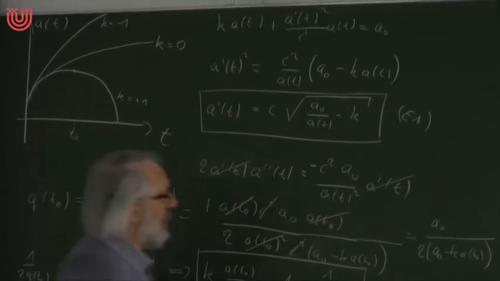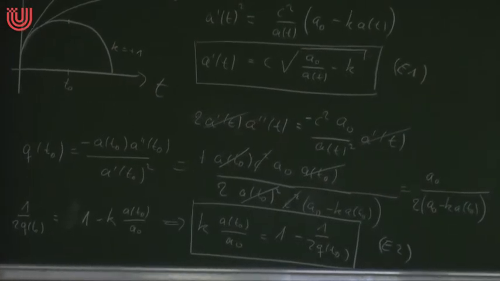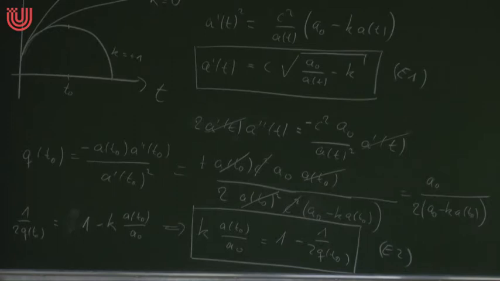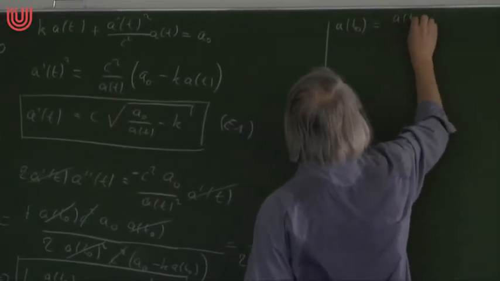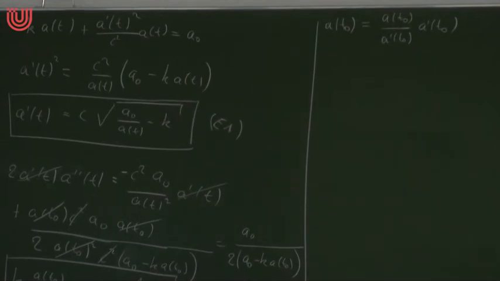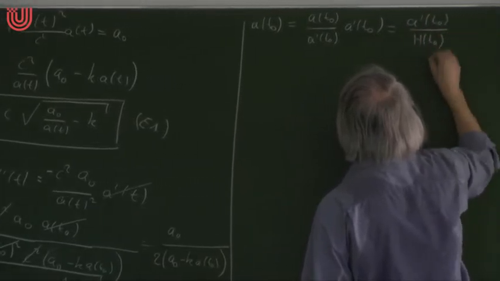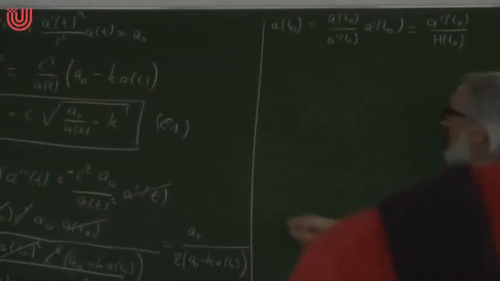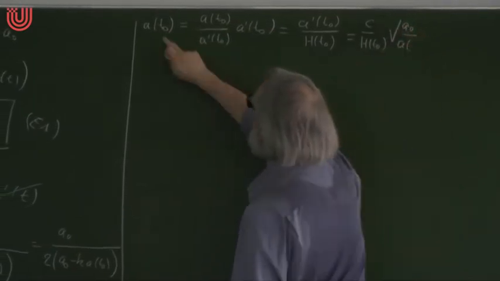Then I need a third one, which allows me to express the scale factor in terms of the Hubble constant, among other things. Let me check, what did I use? Yes. I'll write this in a somewhat more complicated way: a of t naught divided by a prime times a prime. So there's no doubt that this is correct, right? Why do I do this? Because this gives me the Hubble constant. This is a prime t naught divided by the Hubble constant. And for a prime we have this expression over there, a prime with this here. So this is c over H of t naught square root a naught over a, I do it at the point t naught,